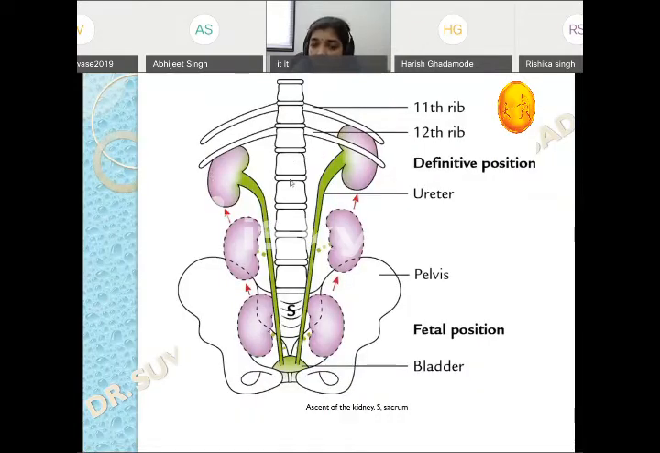Again the same, here you can see the right kidney is slightly lower as compared to the left kidney. So it ascends till the,